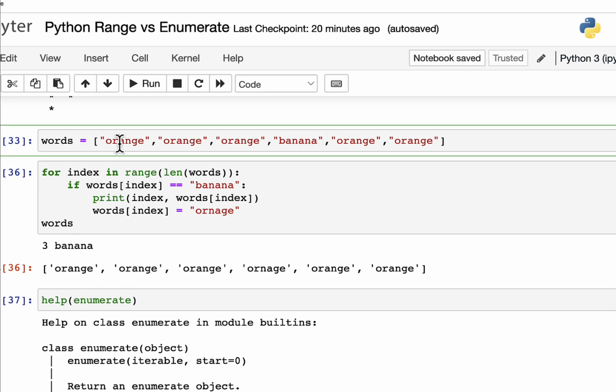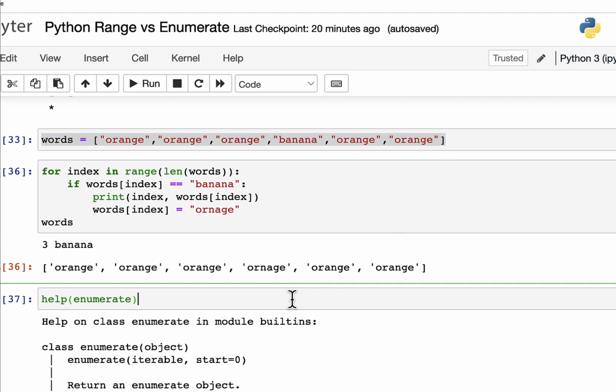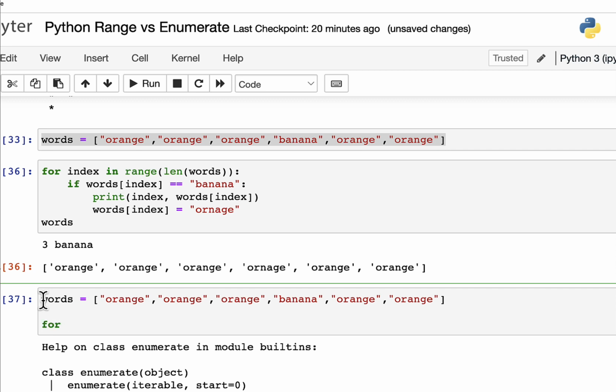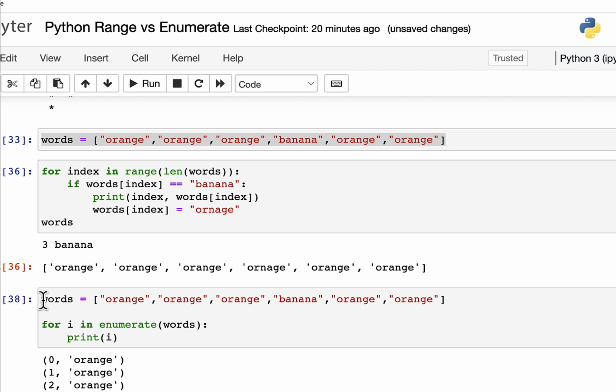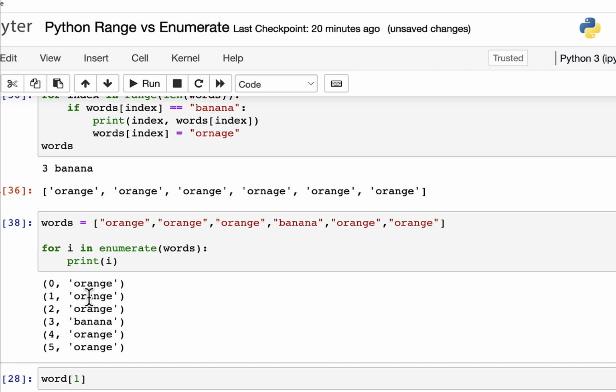Now let's take a look. Let me, by the way, refresh this. Let me just copy it here so it will make more sense. Okay, so here I would use for i in, and then I'm going to use enumerate, and then here I'll just pass words. Okay, so let's stop right here and print that i. Let's see what we're going to get here. All right, so you see what it does? It takes each item from this list, and then it